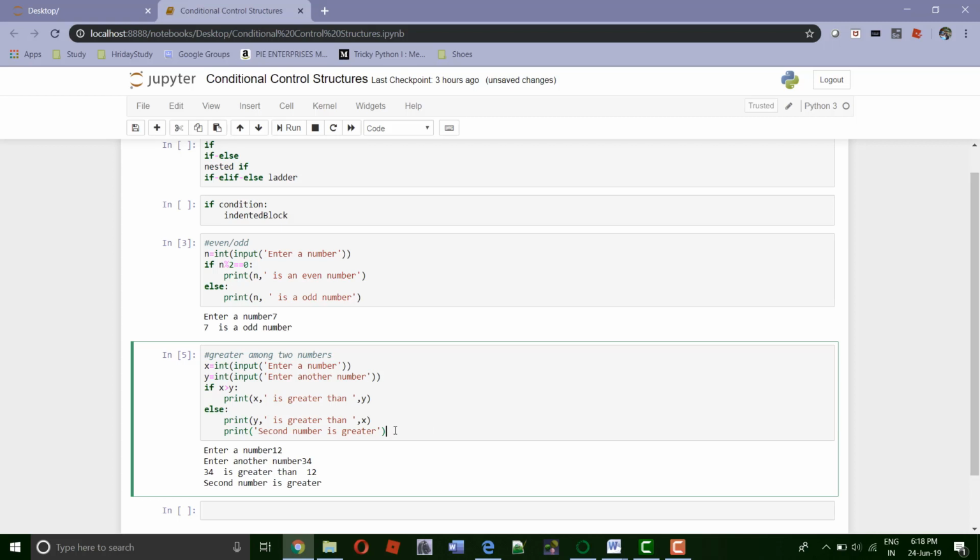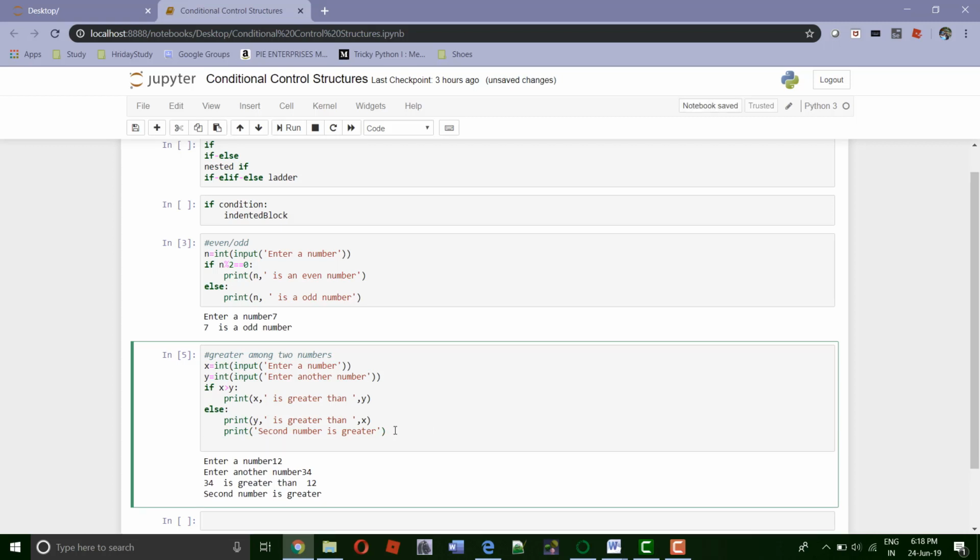Now what if we give a message at the indent where we have given if and else? Suppose we give here a message, let's say, after if else. Okay. Now this statement will be executed in both the cases, whether the condition is true or false. Why? Because this statement is not part of the else block or if block. This is given after the else block, as it has the same indentation as if and else.